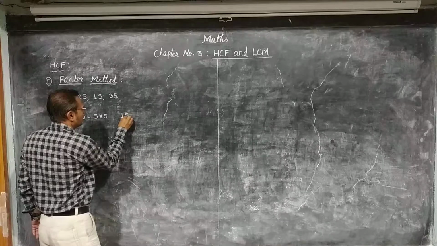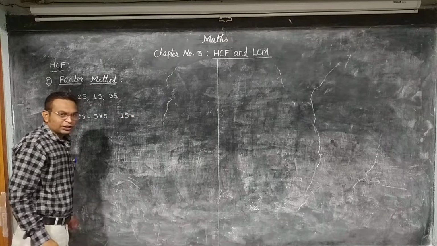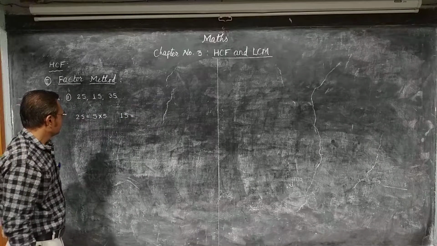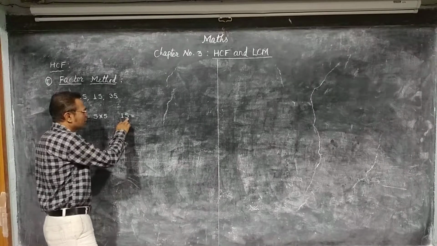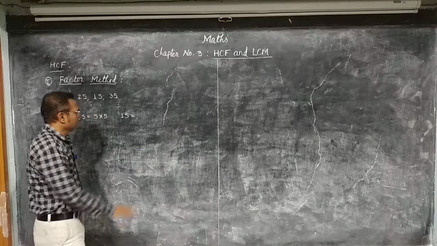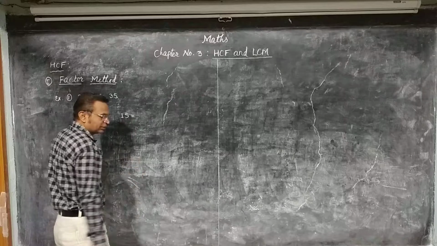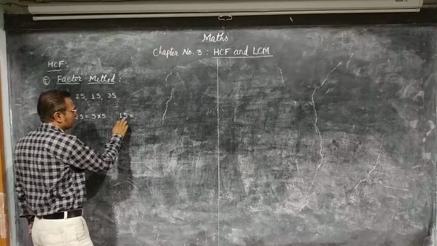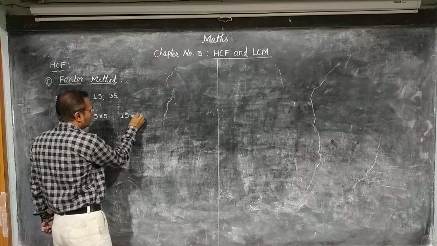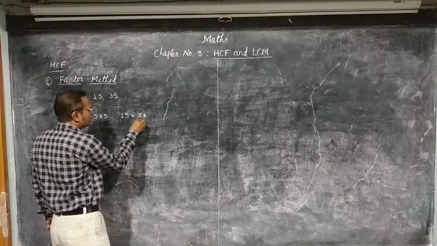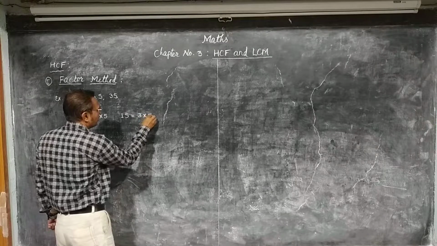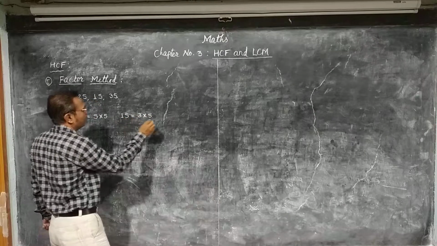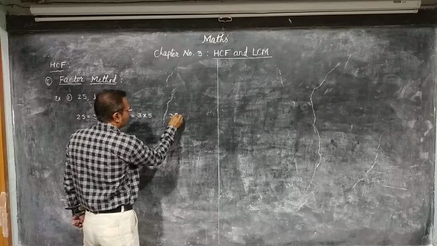Again, now there is 50. The smallest prime number is 2, but here we can't apply the test of divisibility by 2. After 2, 3 is a prime number, 1 plus 5 is 6, and 6 is a multiple of 3, so we can apply the test of 3. 3 5s are 15, and 5 is a prime number. Both are prime numbers. Okay.